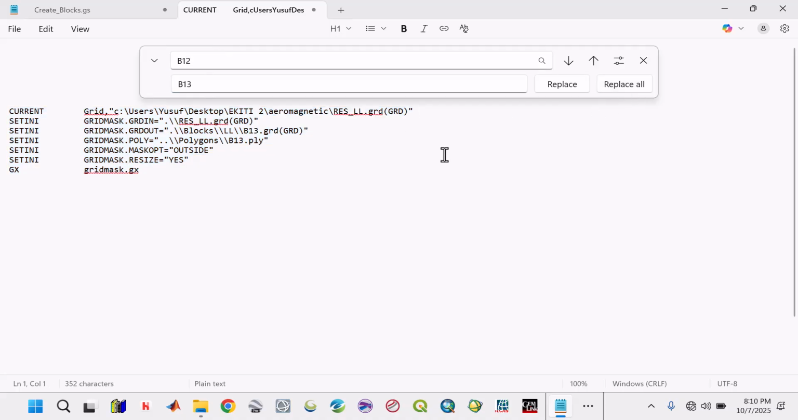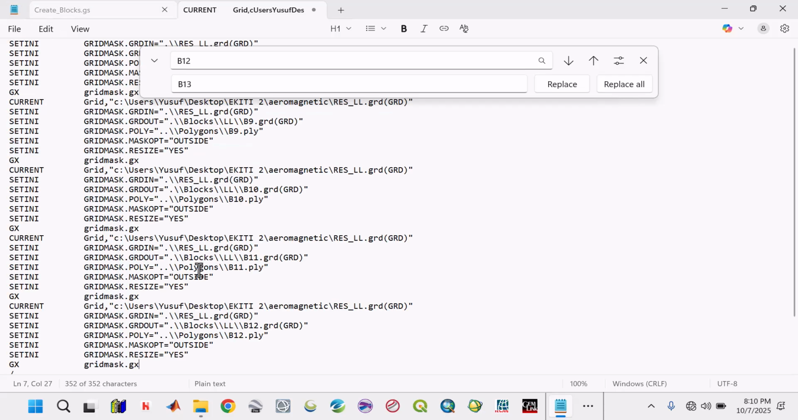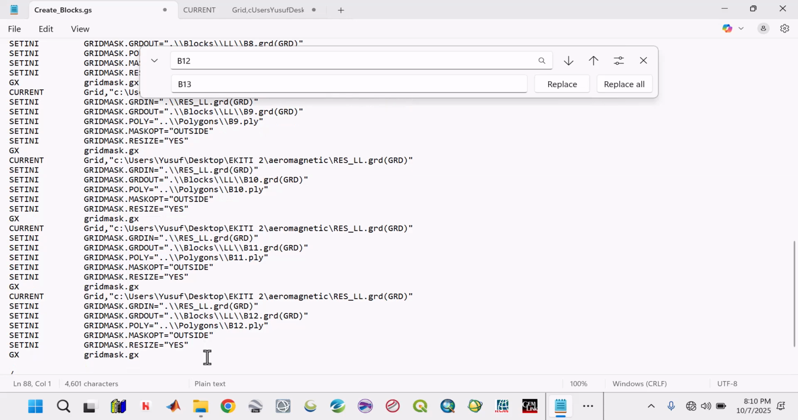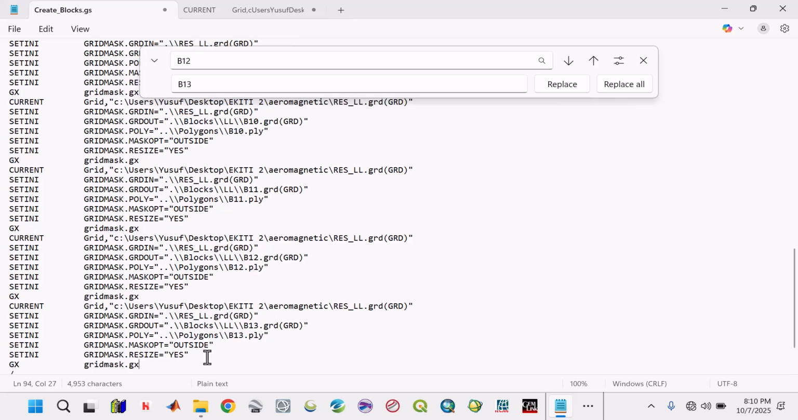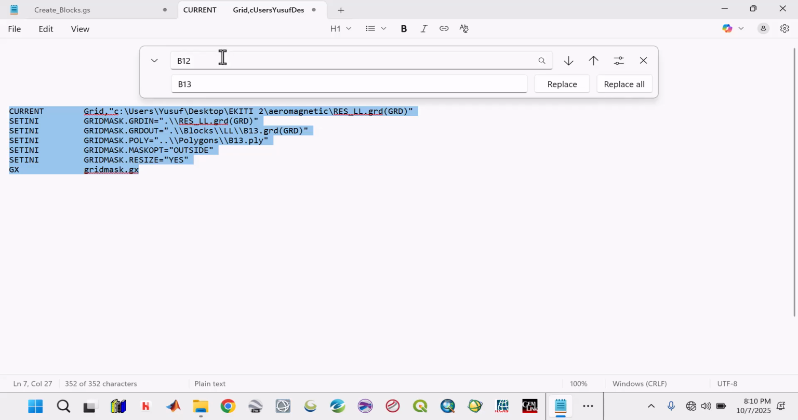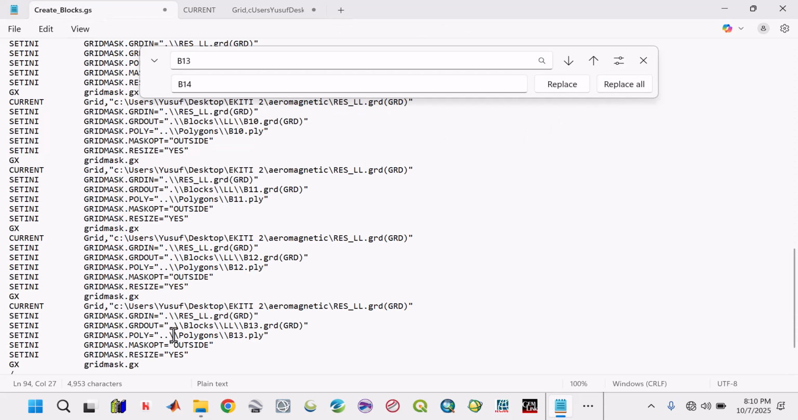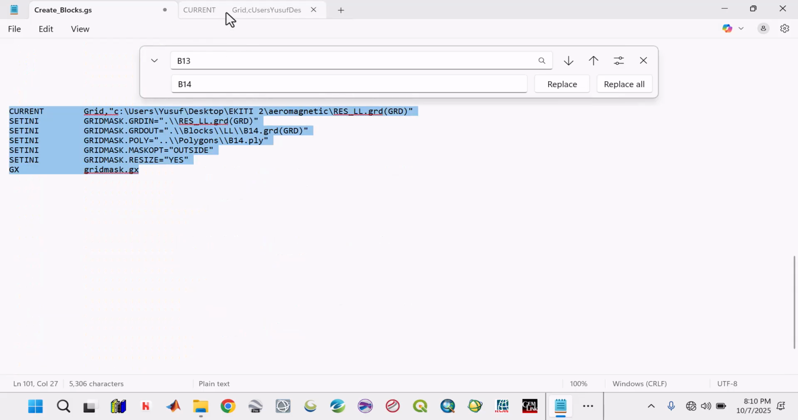Replace all. Then Control A, Control C. So you have to use your keyboard shortcuts, then press enter, Control V to paste. Then click back to the next tab, replace B13 with B14, replace all, and click Control A, Control C, then paste. Yeah, this is what we have. Okay, then now go back, then 14, then 15,